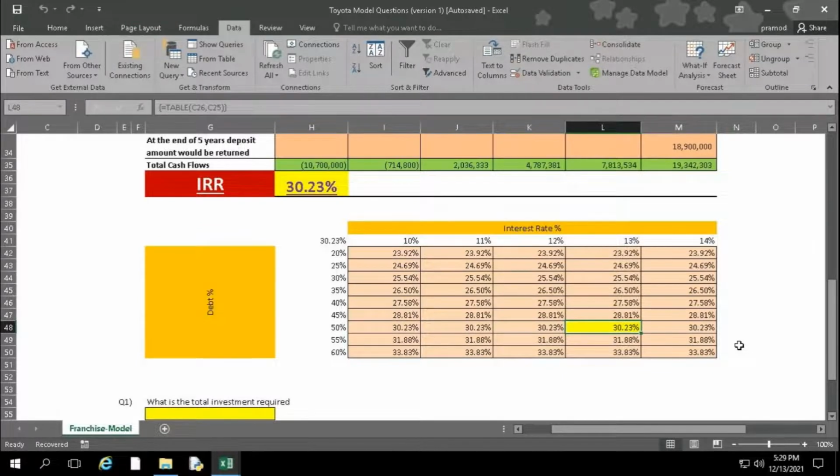You can think, see for example, by seeing this ratio, if I take only 20% of loan, this is the ratio. So is it possible that I can recover my amount? Is it good to take? But if I take 50% of the loan, and the interest is 30%, I'll get a ratio of 30.23 percent. So I can think, okay, I can take it or not, or still less if I wanted to try. So which is best for me to invest, that I can find out by this ratio.